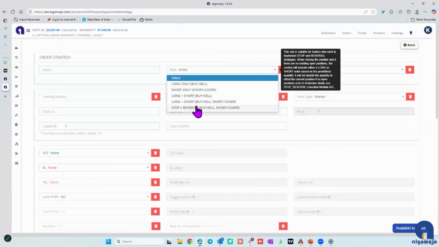It will give you a brief about how it operates. In case you still want any further clarification, kindly get in touch with us. We will be able to explain it to you. We can come online and check how your strategy is designed and accordingly suggest the rule to be